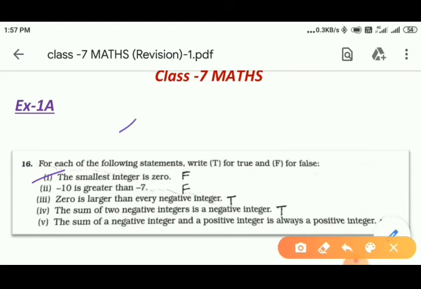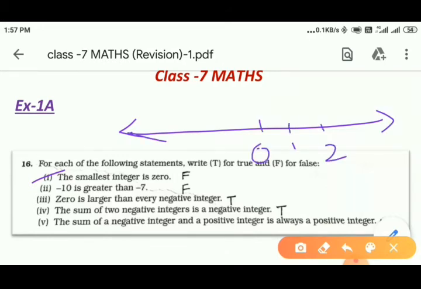Now if we see the number line, we can see 0 is in between. The positive will be on the right hand side and the negative will be on the left hand side. Am I correct? So if we are saying the smallest integer is 0, that will not be true, because we know smaller integers may be any negative. That is another thing that we don't know what the exact one was, because it is still minus infinity, right? So the smallest integer cannot be 0.